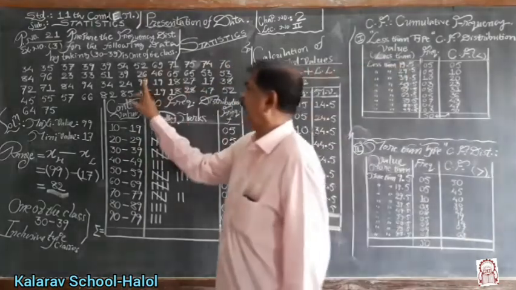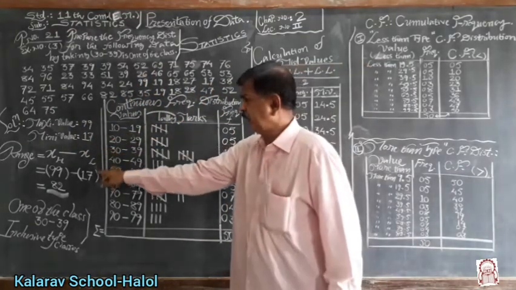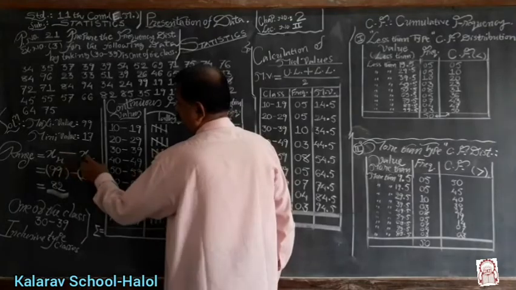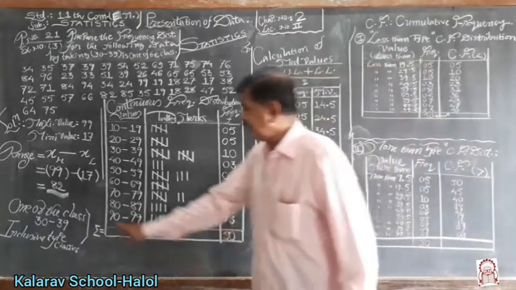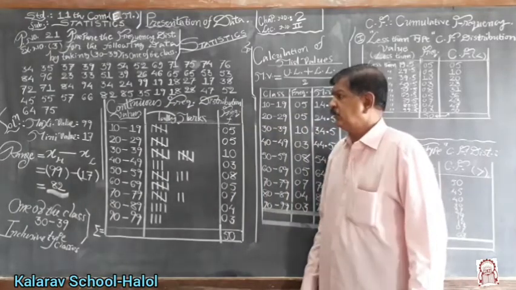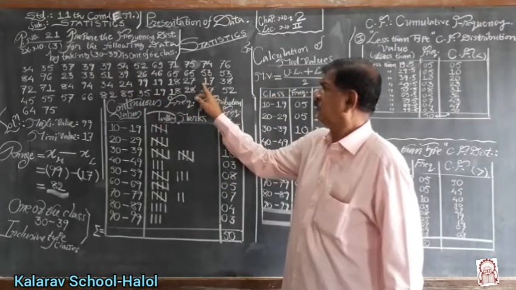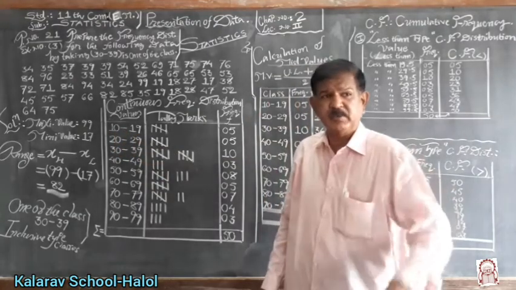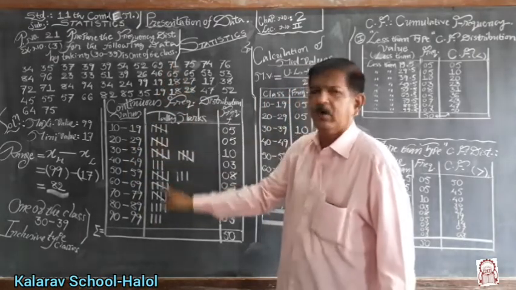For the given data, the maximum value is 99 and the minimum value is 17. So the range of the information is xh minus xl, which I have written: highest value minus lowest value, maximum minus minimum. Therefore, 99 minus 17, that is 82, will be the range of the data. One of the classes is 30 to 39. To include the value 17, the first class would be 10 to 19 and the last class would be 90 to 99, so that all the information can be covered.